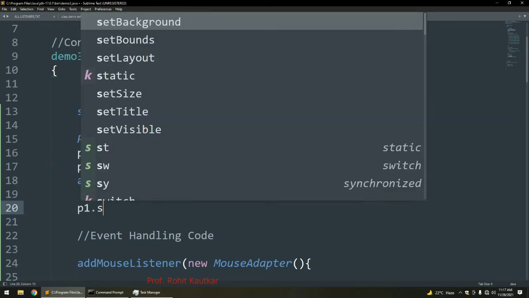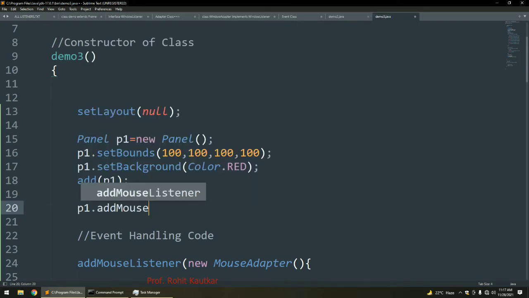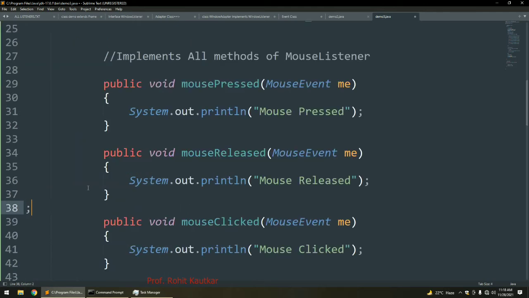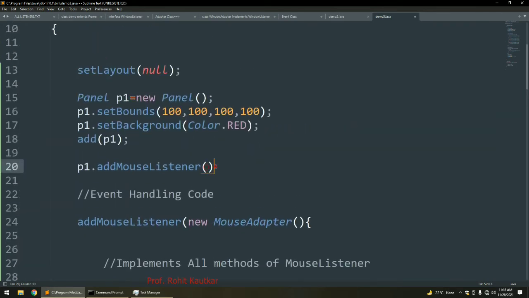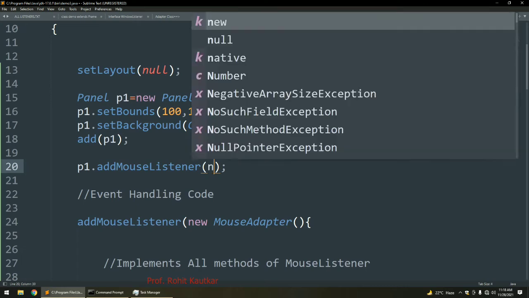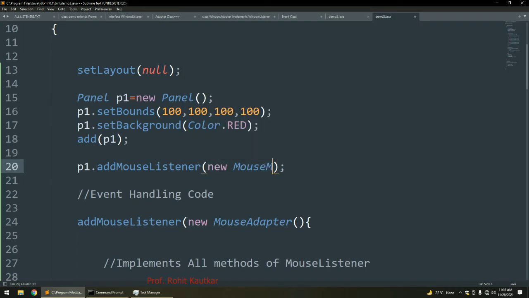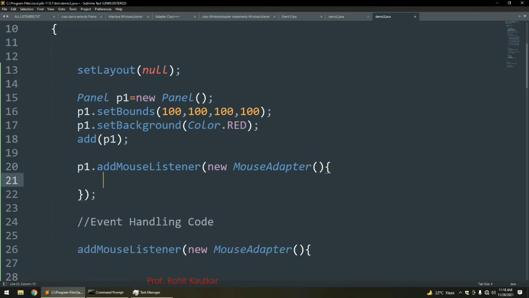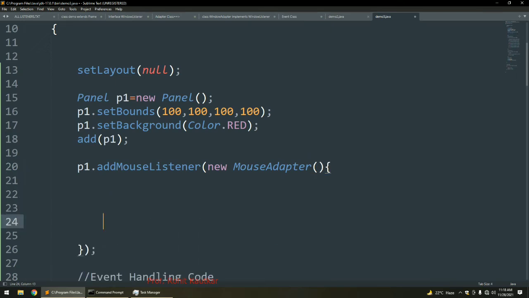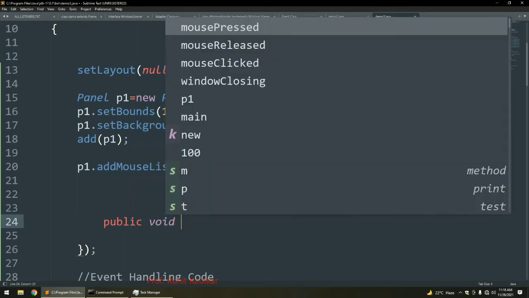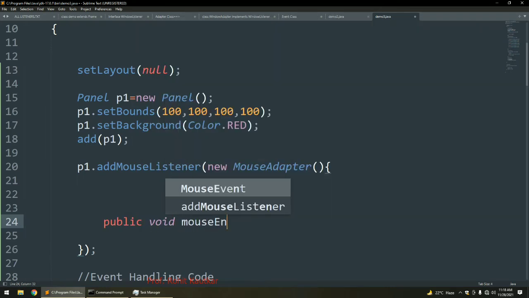I will write p1.addMouseListener, and here itself I can implement new MouseAdapter. Which two methods do I want to implement from the mouse listener? One is public void mouseEntered,